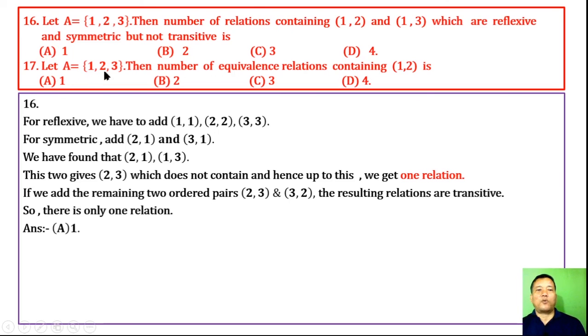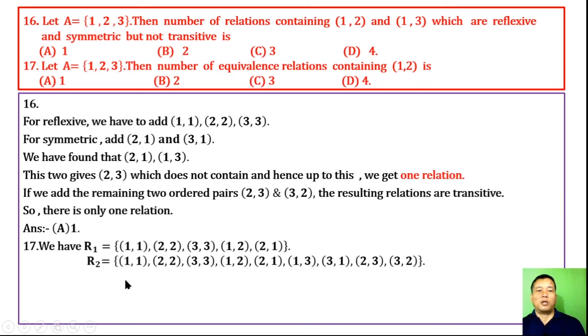Let A consist of 1, 2, 3, then number of equivalence relations containing 1 to is 1 to yawa. A have a sin of 1 to 3 limit of yawi. We have R1 it was see reflexive equivalence ki damakta di reflexive order pair om si yawrani 1 to yawa haraga di symmetry on over 2 1 absolutely ani si combination na amuna 1 1 tie amuna 2 2 tie transitive so are symmetric so are reflexive so are ani suba